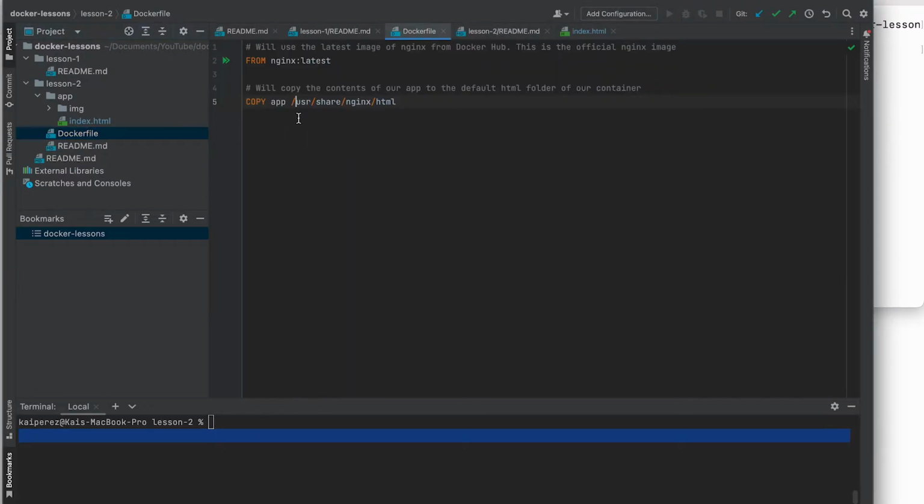So let's recall in this Docker file, because we're about to build this Docker file in the next command that we have. Recall that we're simply just pulling from Nginx and we're grabbing the latest official image from Nginx. And then we're just going to come here and add a layer onto this image, and we're just going to copy what's in this app directory and put it on the user share Nginx HTML directory of the container. Or rather the image first, and then when the container runs, it'll have it on there. Cool, so let's go ahead and do that.